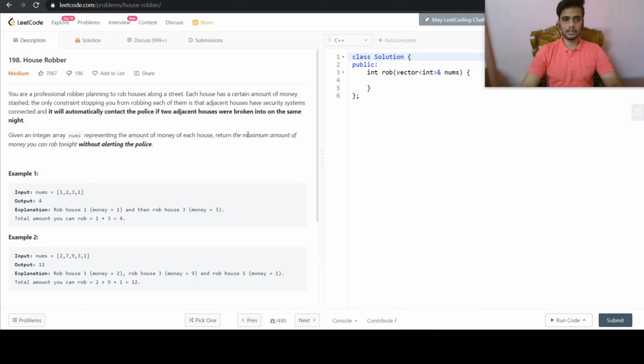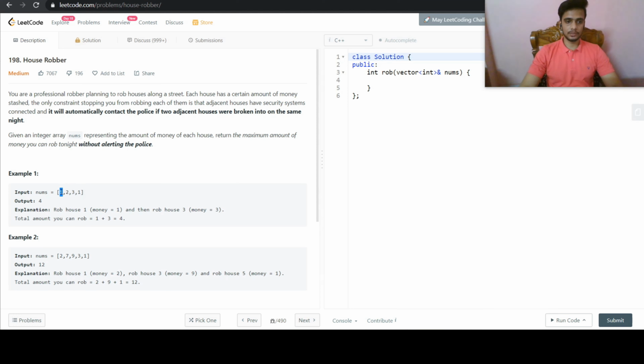And here we are again today on LeetCode with another problem, that is House Robber. So today we are going to rob a set of houses, or indirectly help a robber to rob a set of houses. But the case is that he cannot rob adjacent houses. If he does, then the police will be alerted. Also, he wants to rob the maximum value out of the set of houses.